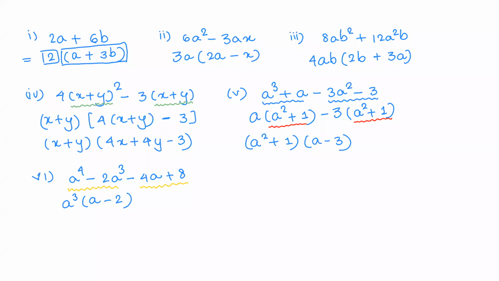Now from the next pair, we have 4 and 8. So we take out minus 4 common and not 4. This is something which I've already told you. Keep a note of it. And whenever we take a minus common, what happens? The sign inside the bracket reverses. तो जो plus है अब वो minus हो जाएगा. And now when you see both the terms in the brackets are the same, a minus 2, a minus 2, that means we are all going perfect. So here we're going to take out a minus 2 common.